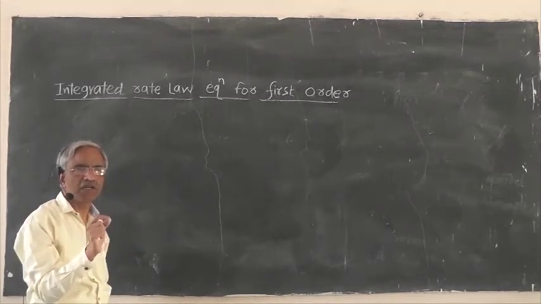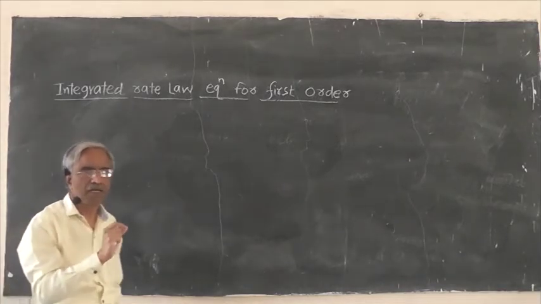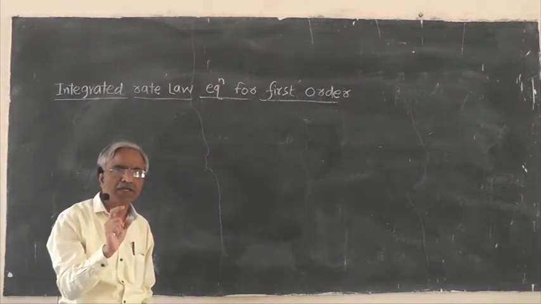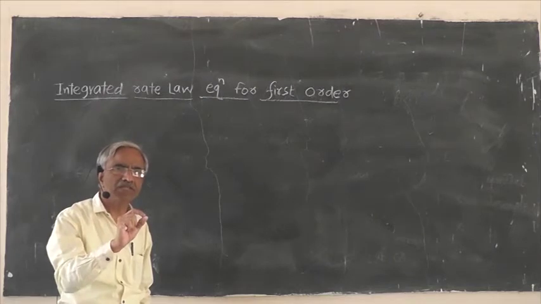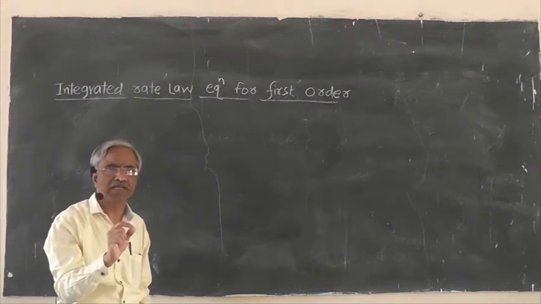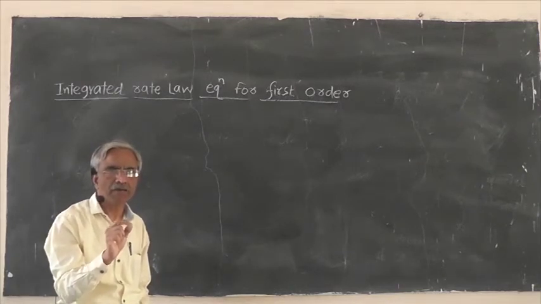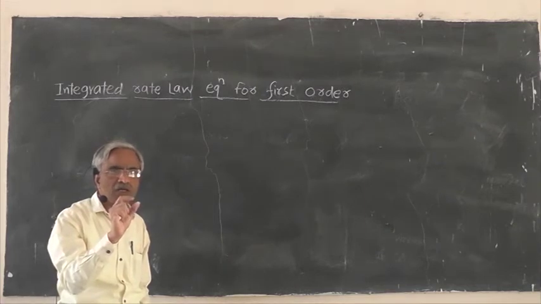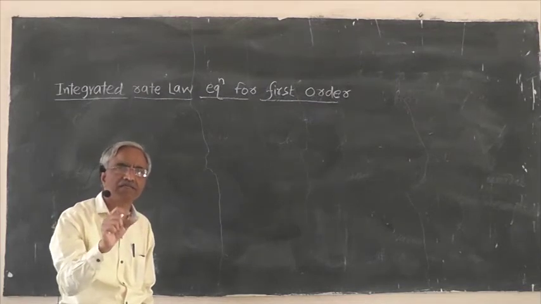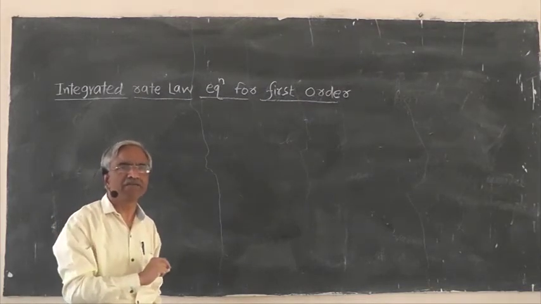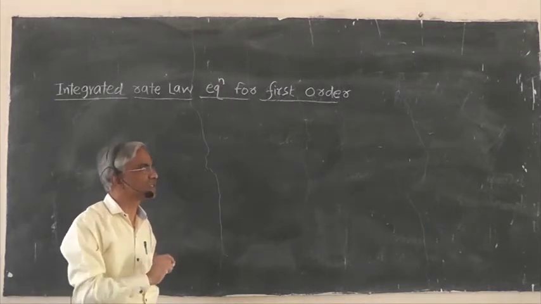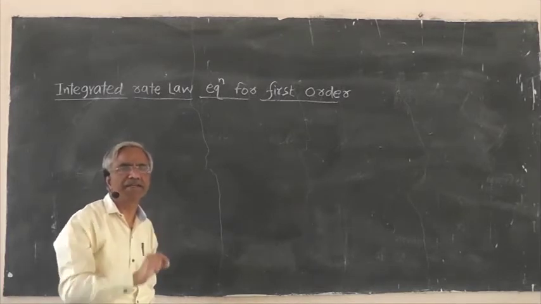The rate law equation is k equals 2.303 upon t log to the base 10 of a0 upon a minus x. The differential form of the equation cannot give the rate of reaction with respect to the concentration at different time intervals, or we can say k equals 2.303 upon t log to the base 10 of V infinity divided by V infinity minus Vt, how much has reacted and how much has been left behind at a certain time. The reaction cannot be calculated by a differential equation. Therefore here we are going for the integrated form, and we are able to measure the volume of the oxygen product at different times.